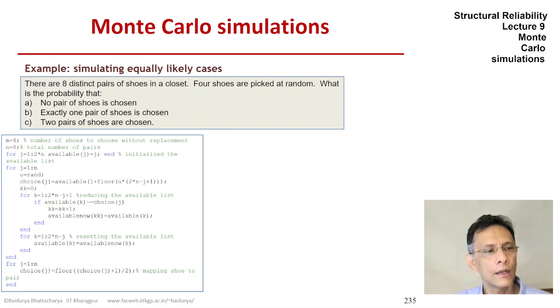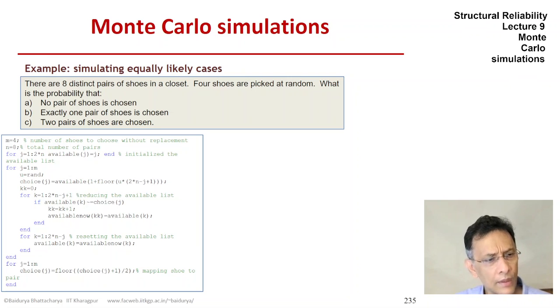So here the key is to be able to choose the 4 shoes randomly from the available ones. So there you see in the first for loop, j going from 1 to m, we just generate one uniform random number by the rand command, and then choose from the available shoes. And then once we keep choosing, we make sure that it is taken out of the